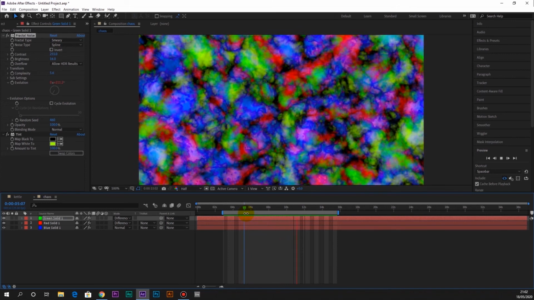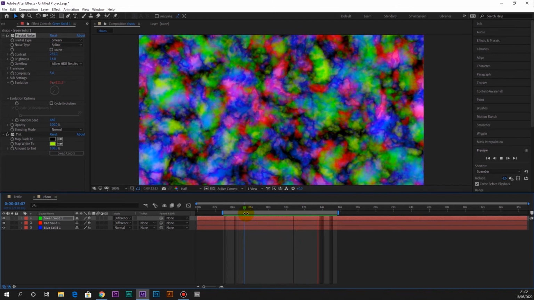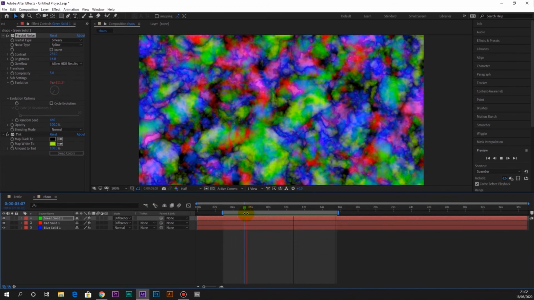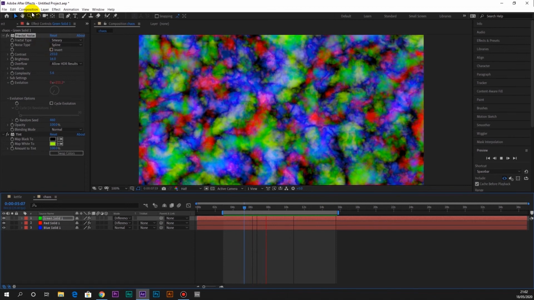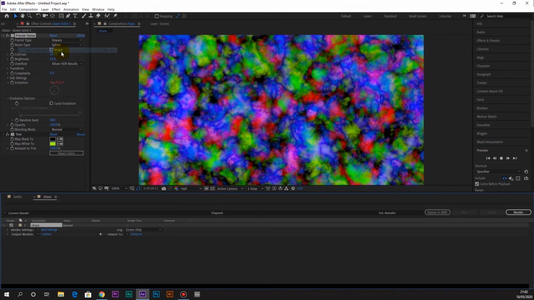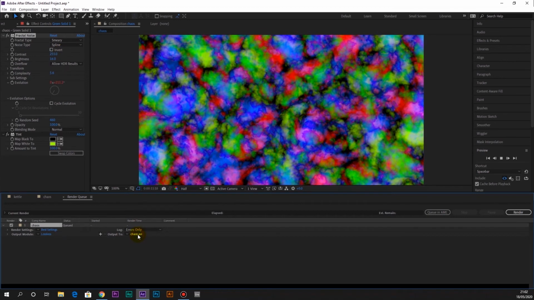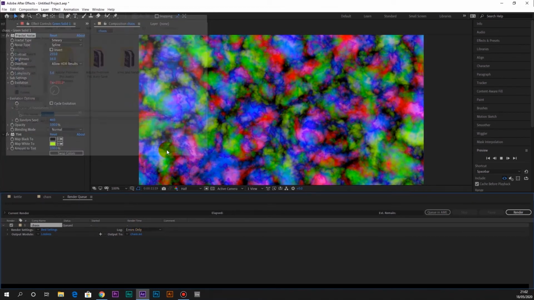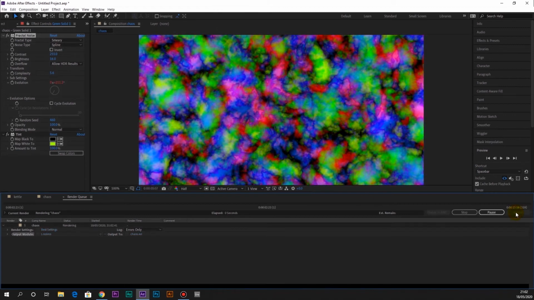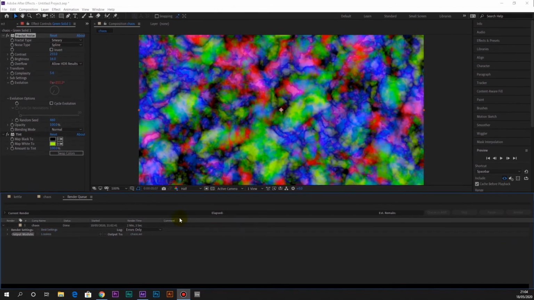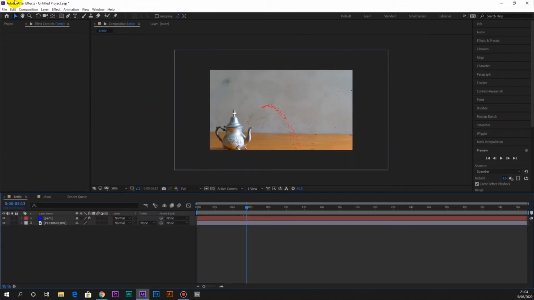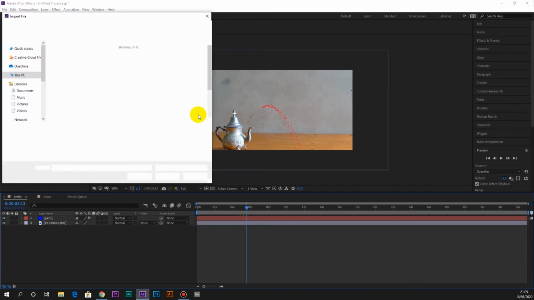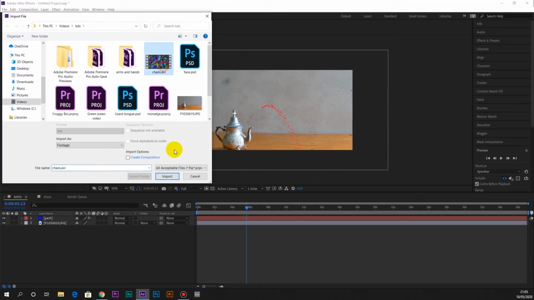Now I could pre-compose this and put this composition into the kettle composition, but for the computer to do less work, what I'm going to do is actually render this out. So I'm going to go to composition, add to render queue, and I'm just going to render it out. That's Chaos AVI, click on save and render it. So that's rendered. I'm going to go into Kettle. I'm going to import file, import Chaos AVI,